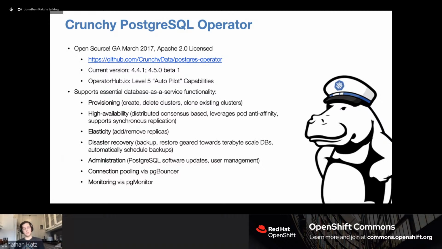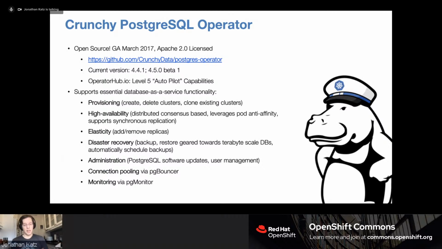In fact, one of the benefits of doing everything open source is that, based upon the feedback we get from the operator, it does help drive features being added to PG Backrest. One of the big ones was being able to expire backups, or create a time-based retention policy, saying like, hey, I want to keep this full backup for 21 days. That came from direct feedback of people using the Postgres operator, and ultimately it was upstreamed into PG Backrest.